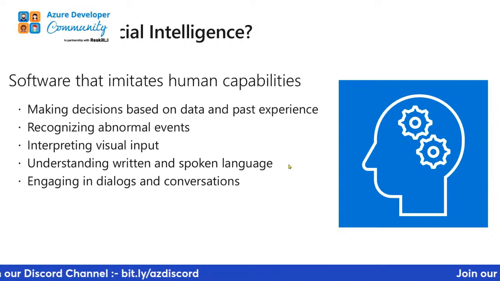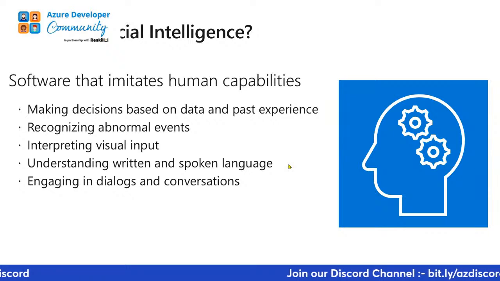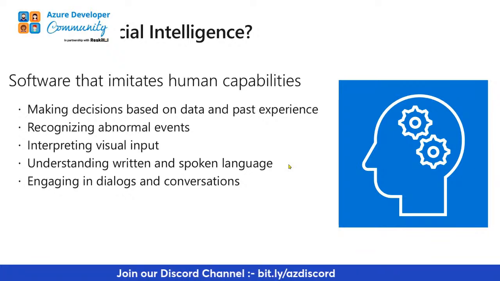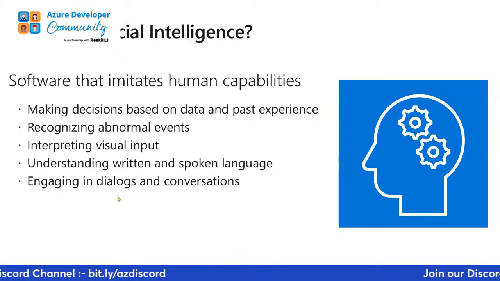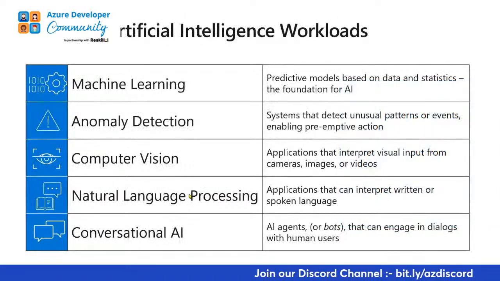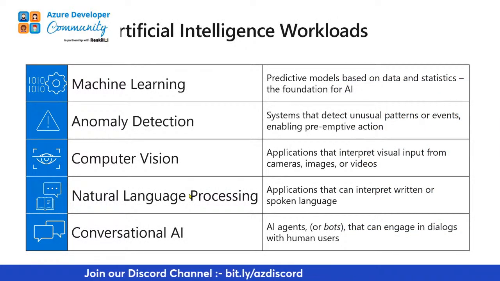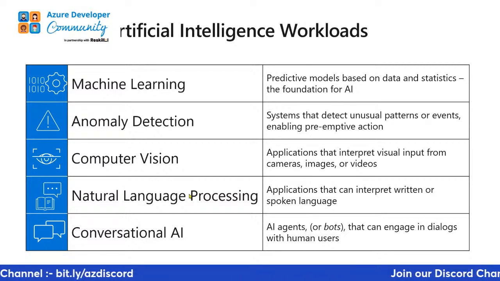So that is one thing about AI and how AI works. And there are a lot of examples to talk about. We'll stop with that and skip it out. The slides, I think you can read out. I don't want to explain whatever is in the slide. And coming to the important aspect, what are the workloads that we have? What are the Azure workloads, or what are the Azure platforms that you can build?